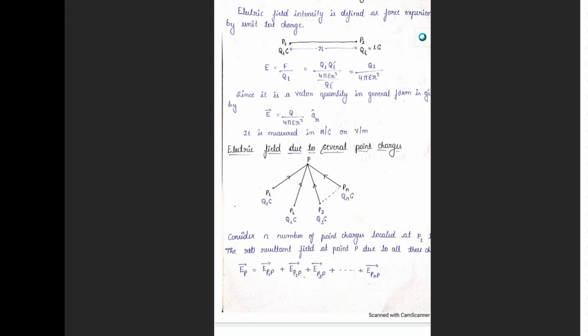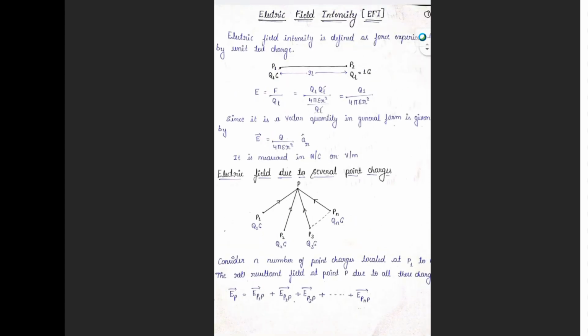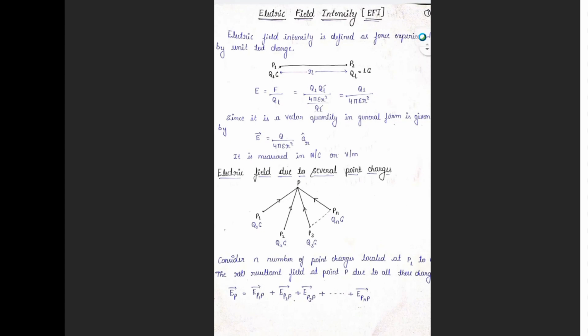And that is measured in two ways. It can be measured either in newtons per coulomb or in volts per meter also. Understood? So this is electric field intensity, which is obtained from Coulomb's law by placing a positive test charge at the point P2. The only difference between E and F is, E is proportional to Q, F is proportional to the product of the charges. Rest all the things will remain the same for both field as well as the force.